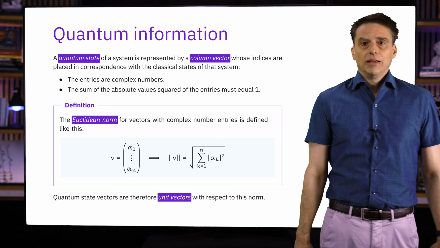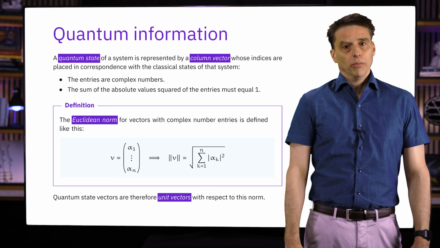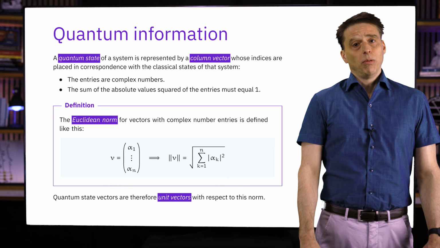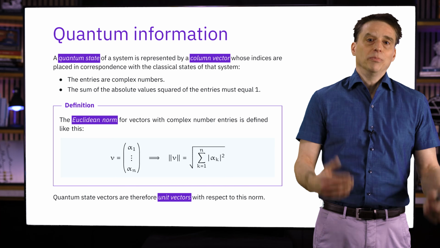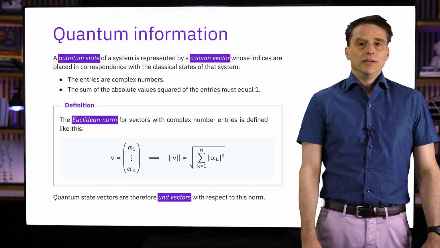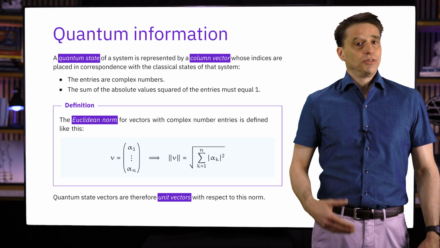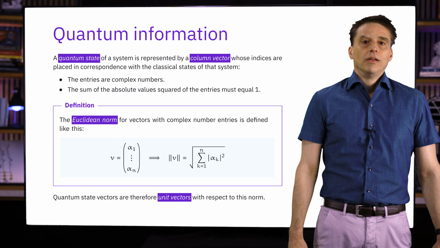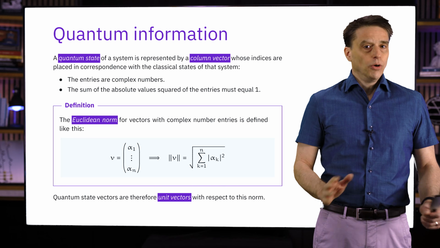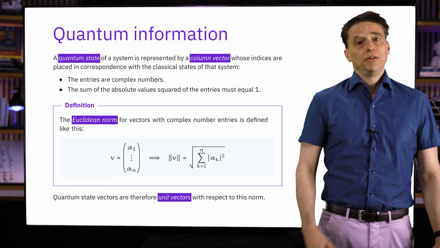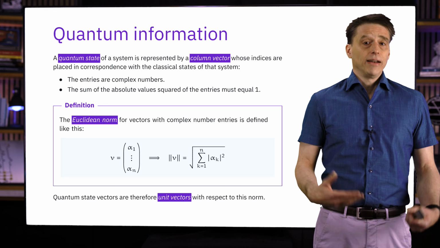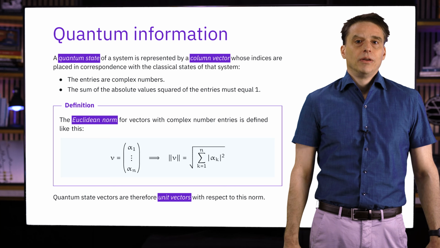As an aside, let me mention that there are other so-called norms besides the Euclidean norm, and this notation right here with the double bars around a vector doesn't always mean the Euclidean norm. In different contexts, this notation could refer to a different norm. For example, the sum of the absolute values with no squares or square root is a different norm, often called the one norm. There are quite a lot of different norms, in fact.